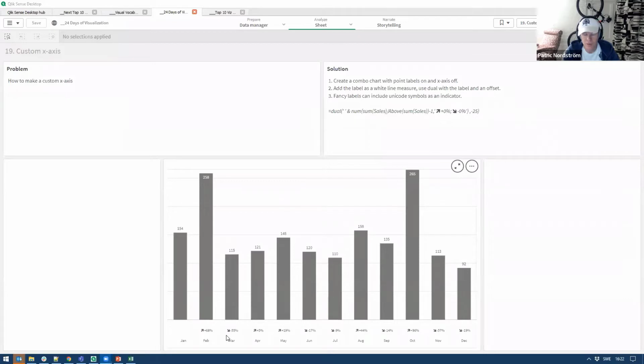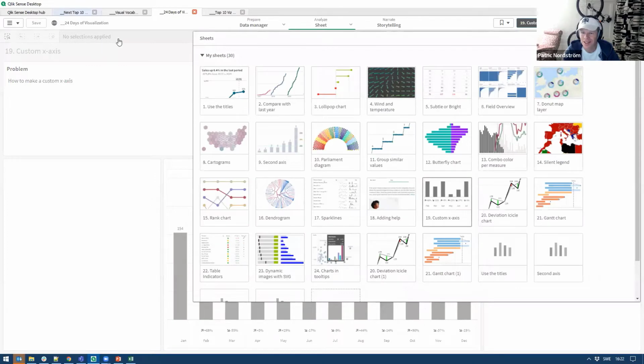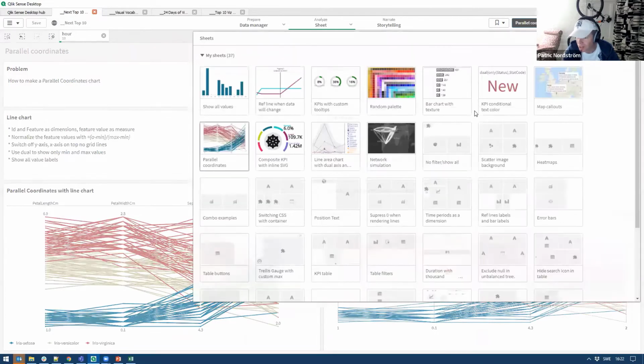However, the obvious answer is don't use stacked bar charts. They are really ugly, and it's hard to see the values, especially when you have